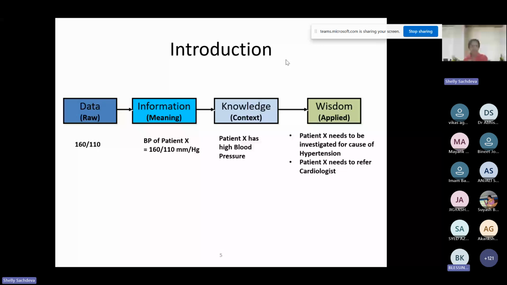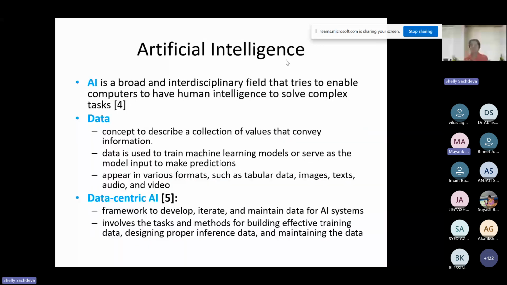Artificial intelligence is a broad and interdisciplinary field that tries to enable computers to have human intelligence to solve complex tasks, right? What it says is that you want the system to behave as if a human behaves in normal things. For example, the next slide will give you an illustration of how we make machines behave like humans. It says that data is the concept to describe a collection of values that convey information,